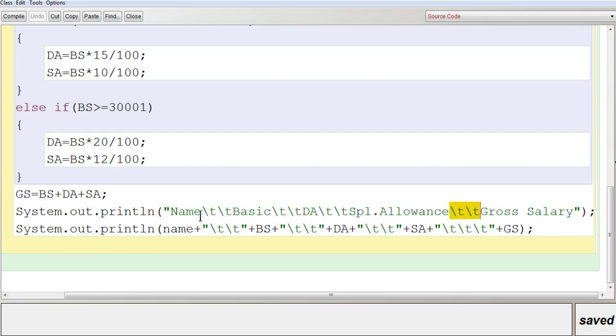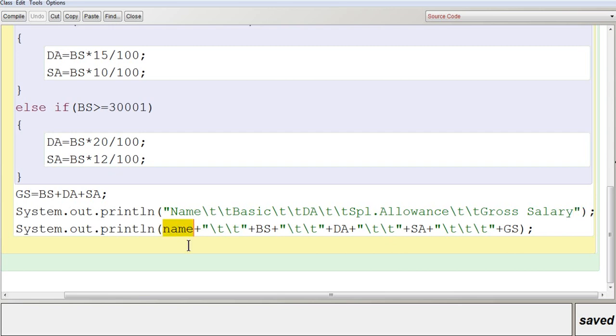So no need to open and close or use a plus sign in between for the heading. Okay, for the heading you will start double quotes in the beginning and end it at the end. Now when you display the values, there is some criteria here that you have to follow.